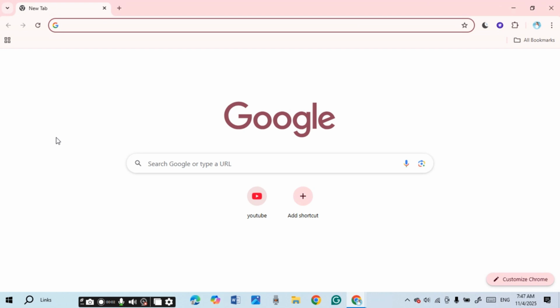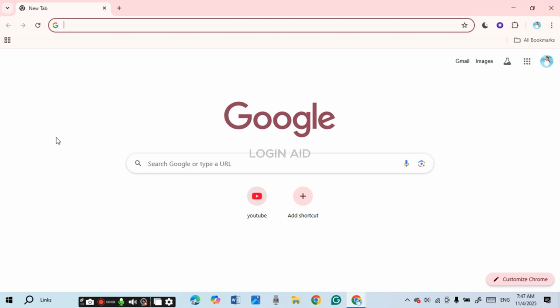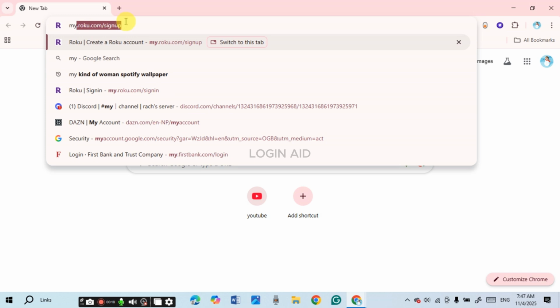In today's video, I'll teach you how to log in to a Roku account. If you want to log into a Roku account, it is actually very simple. First of all, launch any browser of your choice. You can see over here, I've opened Google Chrome. Now click on the search bar and type in